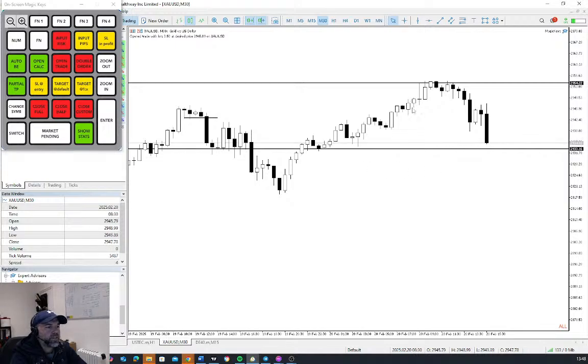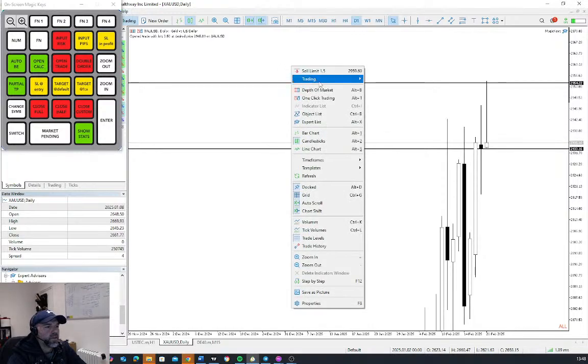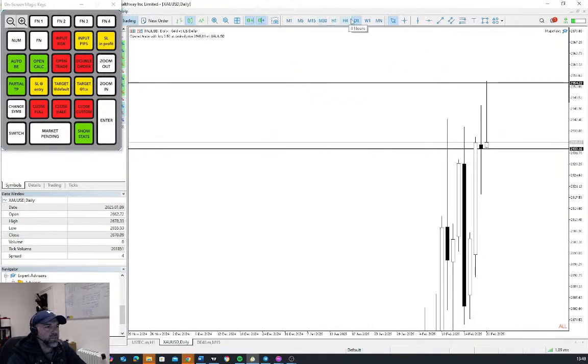So if the day breaks its own low, that's a sell. We've got clear candle space into here. So I'm going to do this one at a